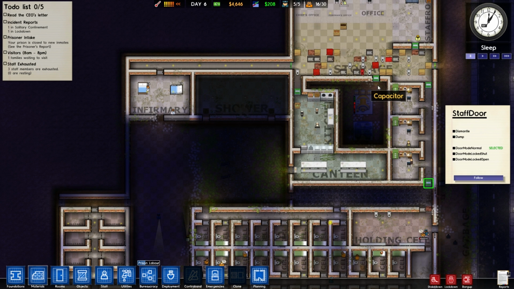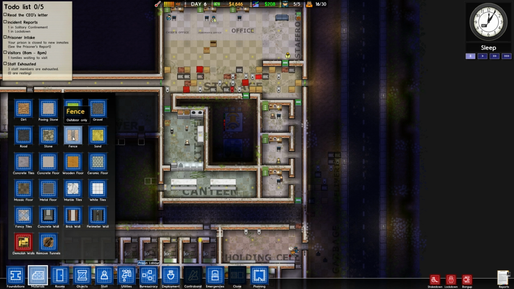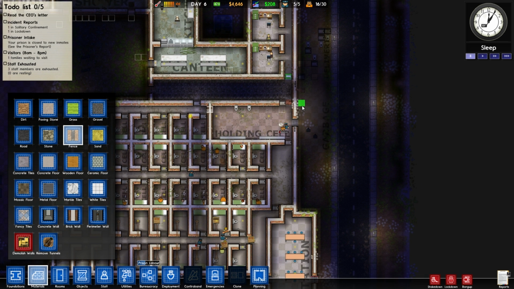So let's see, I suppose let's look at this. I'm thinking that we could do a fence around some of this area and then some kind of door. Let's go ahead and just kind of set this up for now. We'll do something like that. And then, let's see. Maybe do something...